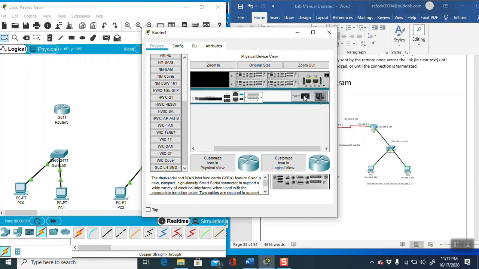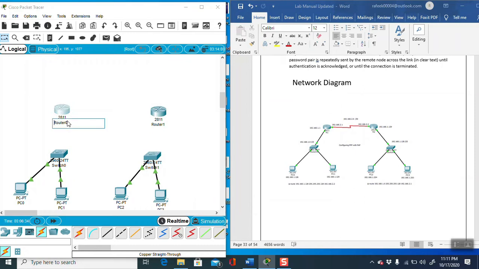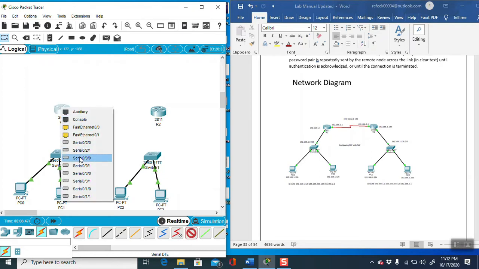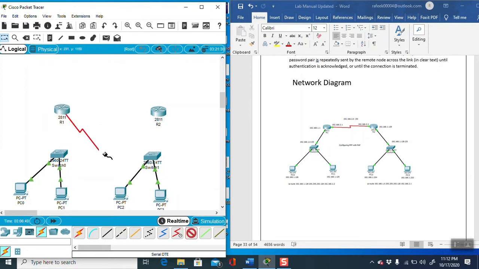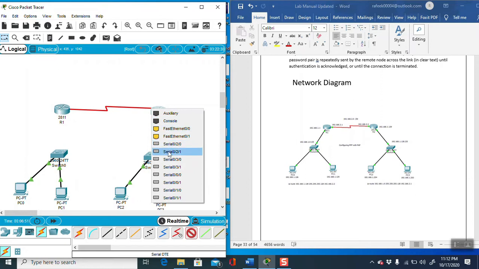Now turn on the router. In the diagram, this is router 1, and rename this one as router 2. Now we will make the serial cable connection. Take serial 0/0 here, and here also serial 0.